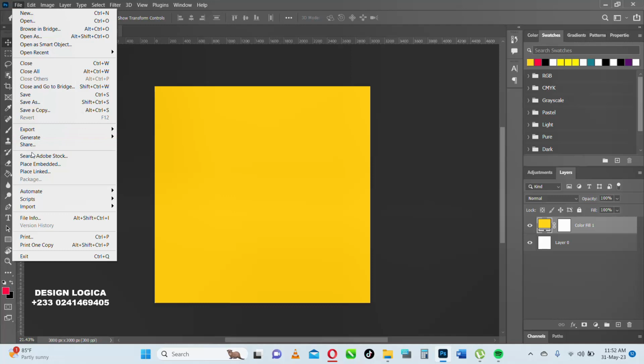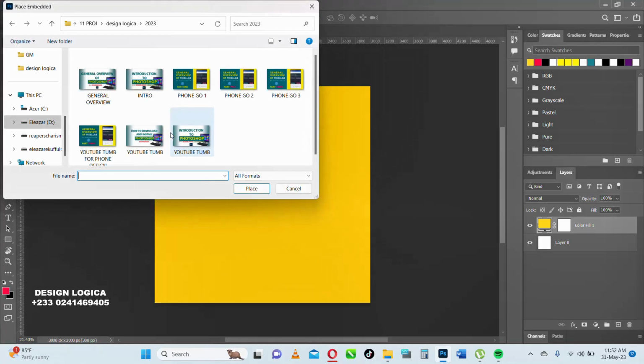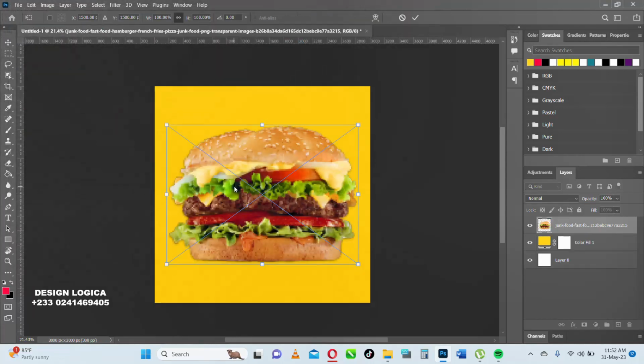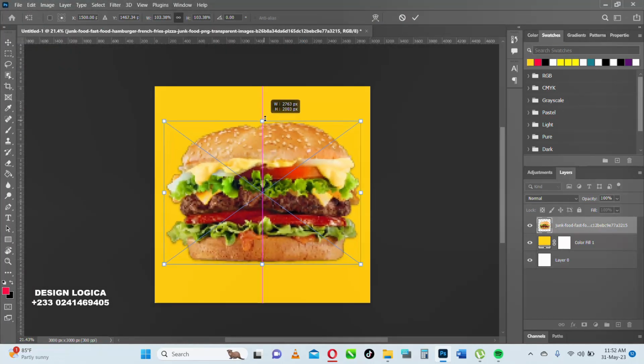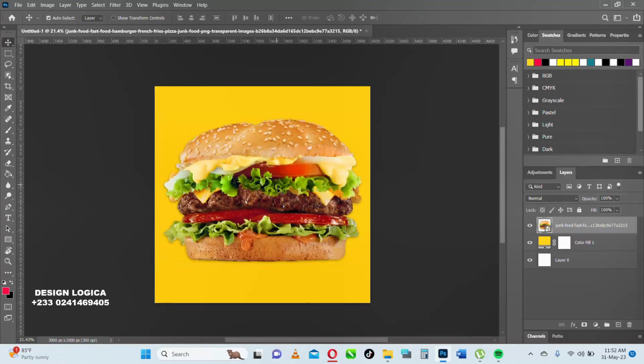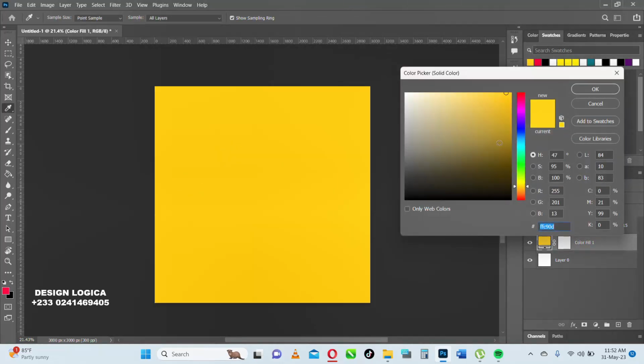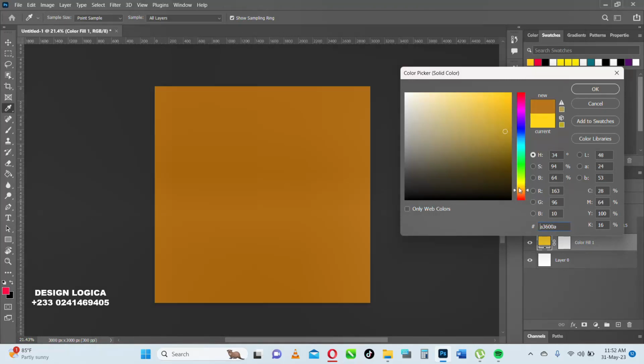And then you know how to place it and embed it. This is it. But then I think we did something here, so let's come here a little bit